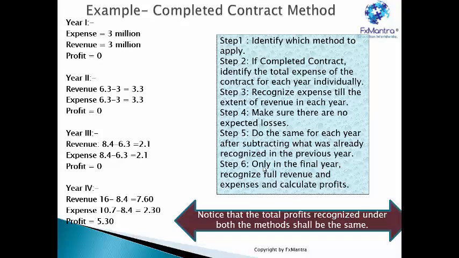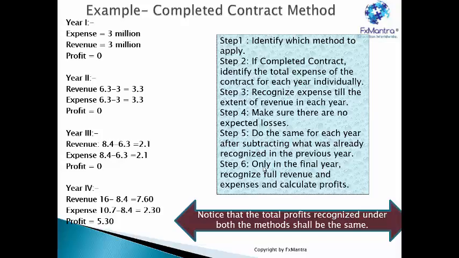This is the reason for this completed contract method. I have to get a zero profit. I am following a little conservative accounting. This is the reason whatever expenditure I have done, an equivalent amount of revenue is recognized till you reach the final year. Why? Because expenses, whatever you are incurring on a year-to-year basis, is something you will already be aware of. What you are not aware of is how much work you have completed. So out of the total revenue, how much you have earned. This is the reason I want to keep zero profits. So the safest bet to do that is